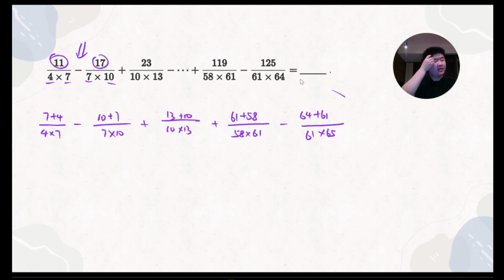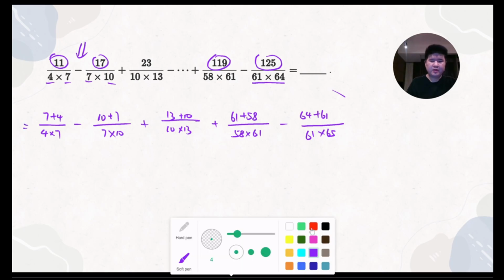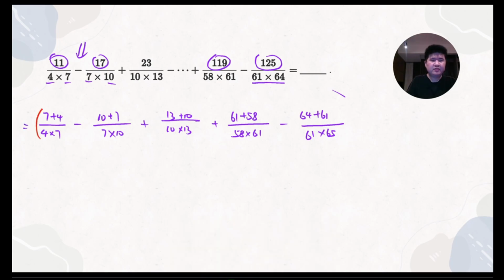So we find out at this time, now there is no 125, no 119. We just turn all the numerators into the sum of the two factors in the denominator. 我们这些分子就不再存在了，我们把它化成了用对应的分母的和的形式去表示出来的式子。